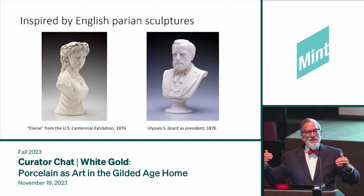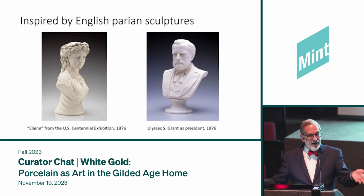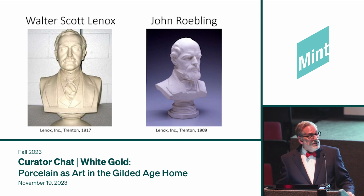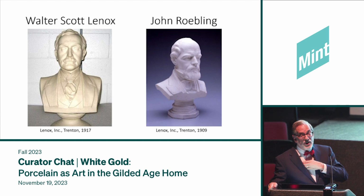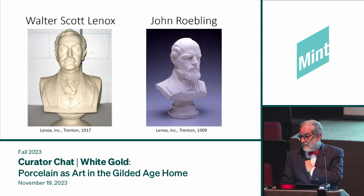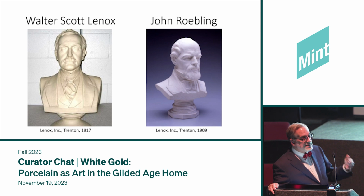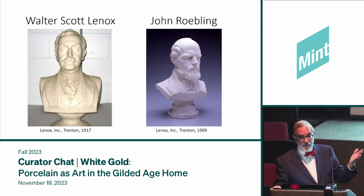U.S. Grant's last great public act was to open the Centennial Exhibition in 1876 by turning on the Corliss steam engine in Philadelphia. And then later, Isaac Broome kept going until the end of his life. He did this bust of Walter Lenox, which is less than life-size, but big, and you couldn't borrow it for the show. But he became a very close friend of Walter Lenox late in Lenox's life when he was losing his eyesight, and did this bust for Lenox Incorporated in